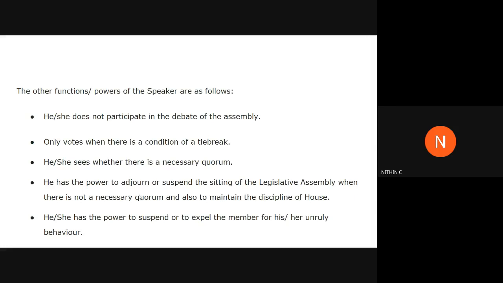So some of these things you can remember directly. When we say the speaker is the master, certain things have to come to your mind. We know that the master of the legislative assembly is actually the speaker. So immediately it should come to mind that he has the power to expel or suspend any member for unruly behavior. That's one thing. Then, in the normal case he won't vote, but he exercises the voting right when there is a tie. So remember these key points. If you're asked, you should be able to write some points.